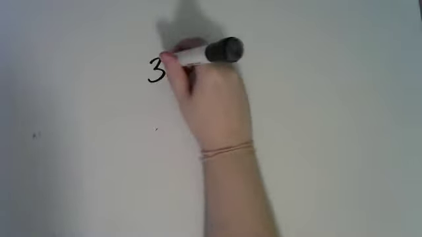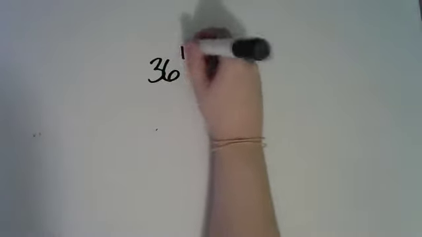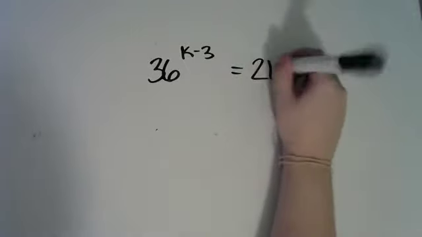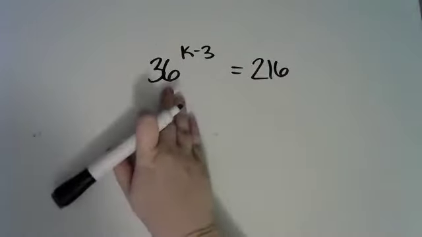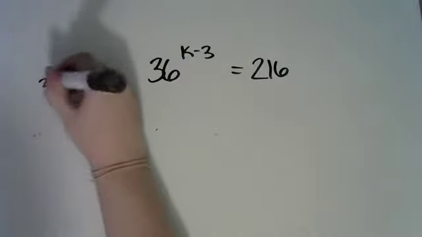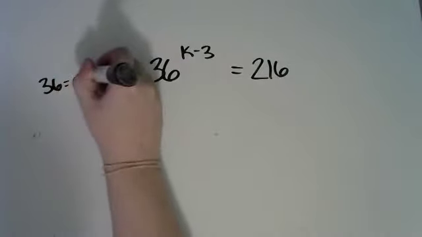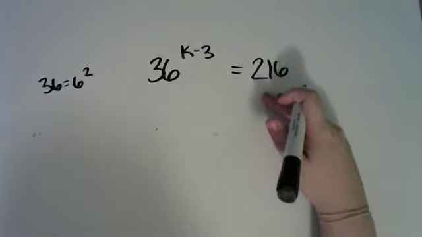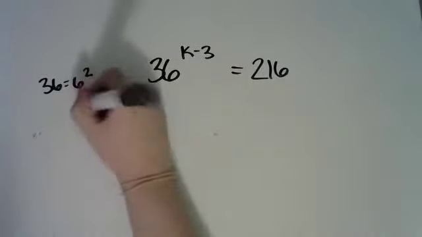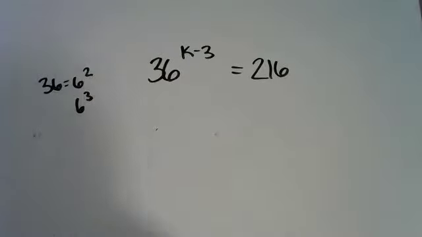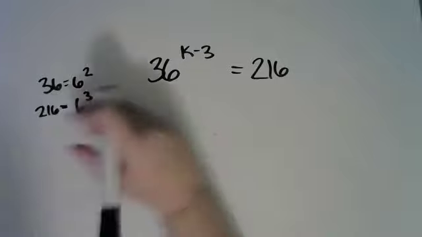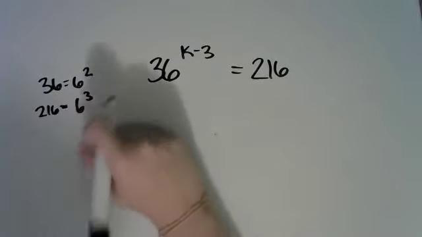Alright, last example in this section of the notes before we increase the difficulty or the complication of our equations. 36 to the k minus 3 is equal to 216. So I happen to know off the top of my head that 36 is 6 squared. And I'm hoping that 216 is also a power of 6. So let's try 6 cubed. 6 cubed is 216. But if it wasn't, I could also try 6 to the 4th, 6 to the 5th,